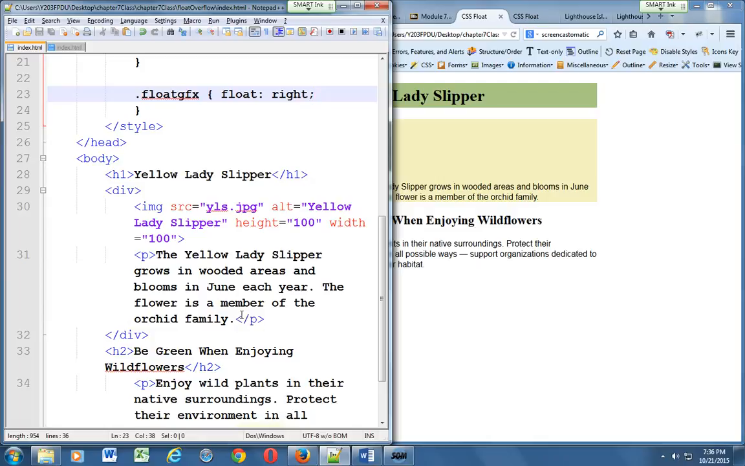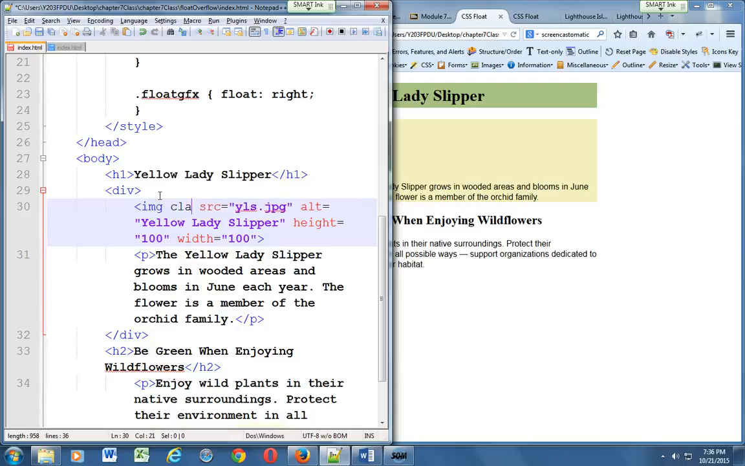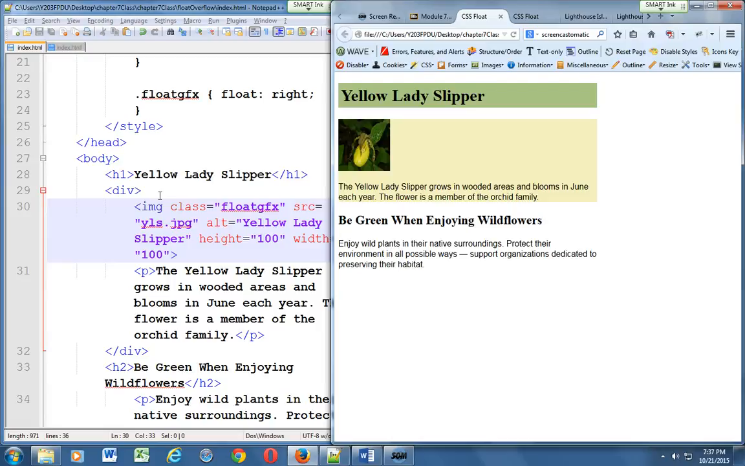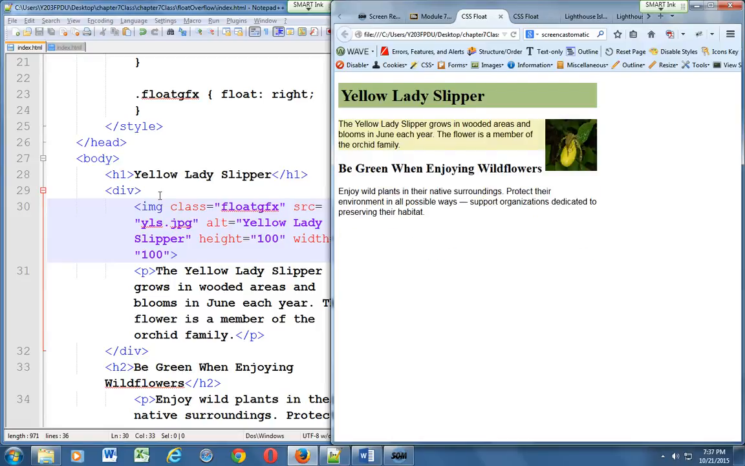All right, so let's do it within the image. So find the image element, and right after the IMG for image, we're going to put in class. And then what's the class name? We called it float GFX. Again, don't use the period. That's only for the CSS part. Okay. All right. Save it, flip-flop, refresh, and now, right,